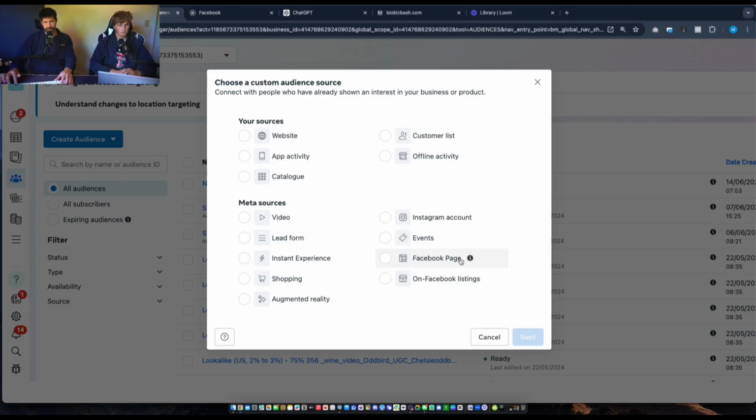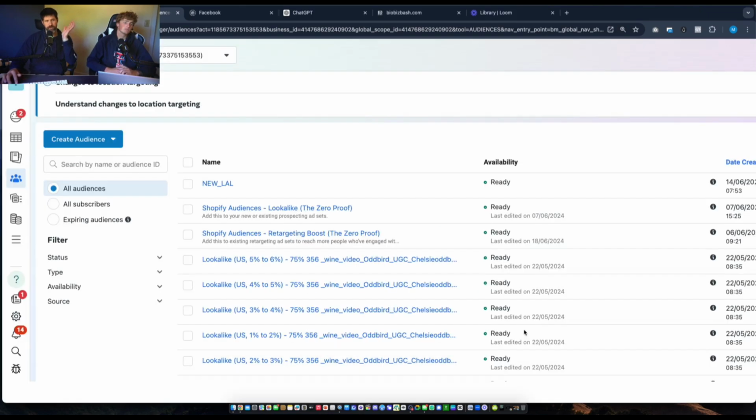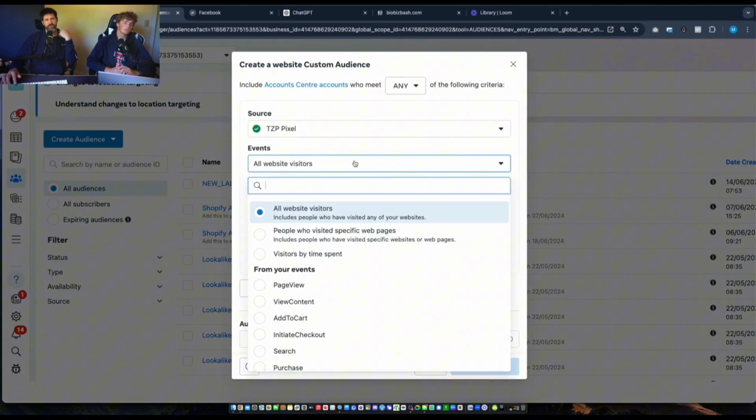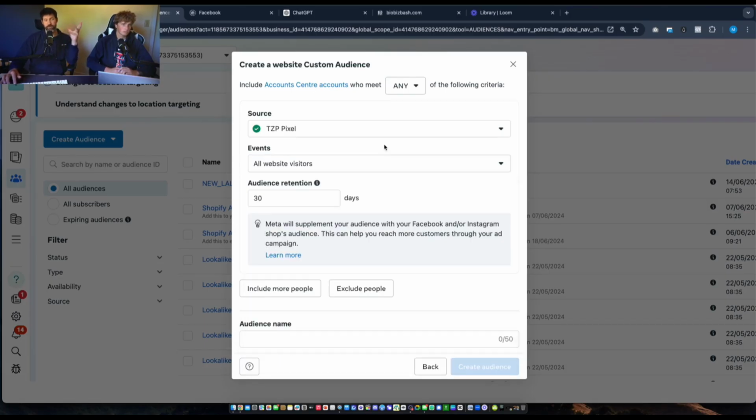Your Facebook page for sure, your Instagram account. And then customer lists, we have some special circumstances for customer lists where it actually works really well. So the first one would be website. If you click on website, inside of here, it creates an individual audience based off of whatever settings and